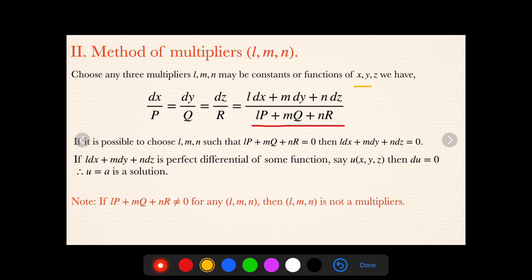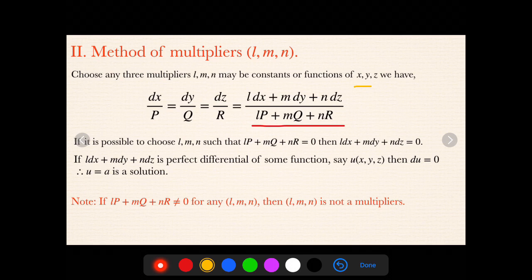While choosing the multipliers, make sure the order is either x, y, z or y, x, z. The second one is optional; try to avoid that also. Always go with x, y, z in order with any non-zero constant multiple. If you are not getting the multipliers, there is another method that I will explain in the next video.